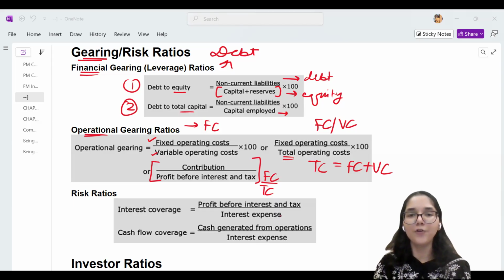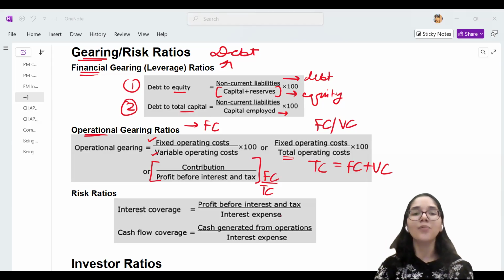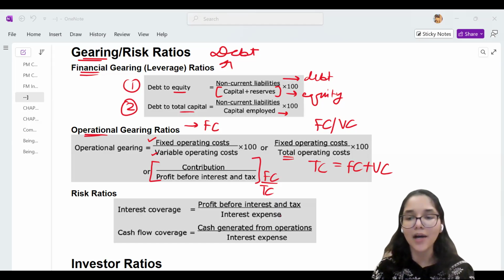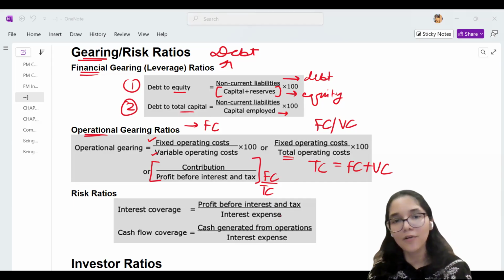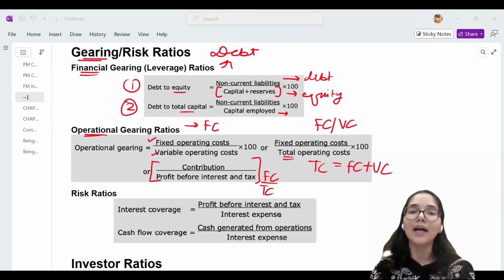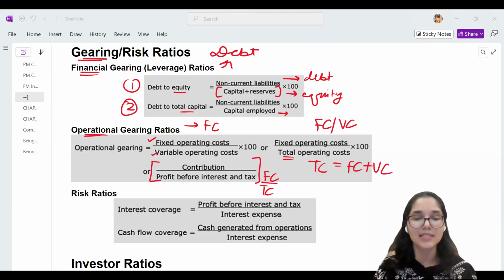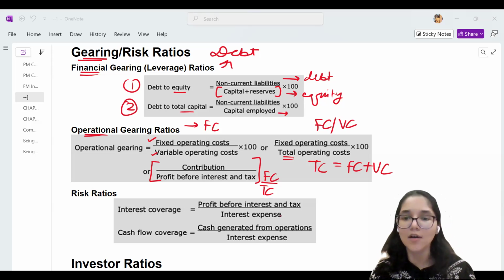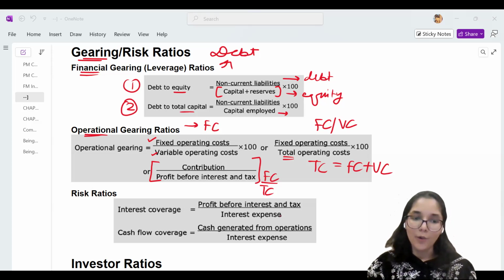Why is it not good to have too many fixed costs? Exactly. If the company does not do well in a particular time frame, if our sales are not very high, there is a very good possibility that we do not even make enough sales to meet our fixed costs. That is why the proportion of fixed costs from the total should not be too high, because in bad times the business may be unable to meet the fixed costs. This is about operational gearing.